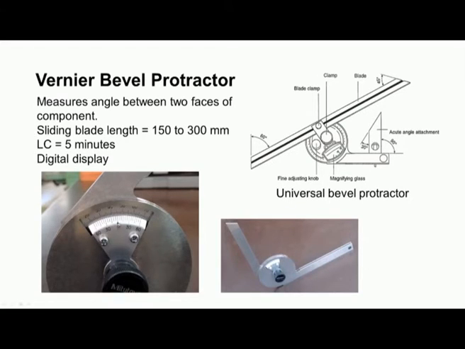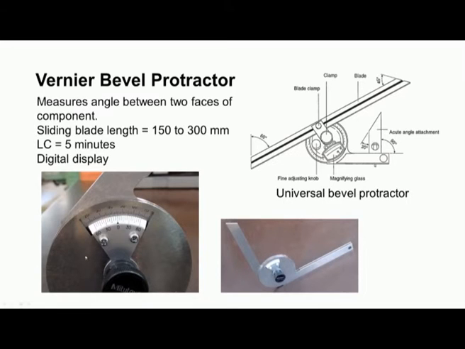So, this is the 0 reference. Towards one side it shows 60 minutes, and on the other side it shows 60 minutes. Now, the least count for this particular vernier is 5 minutes. That means 5 minutes, 10 minutes, 15 minutes, 20, 25, 30 minutes. Like this, each degree is divided into 12 parts, each part representing 5 minutes.